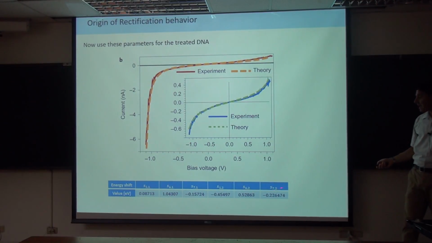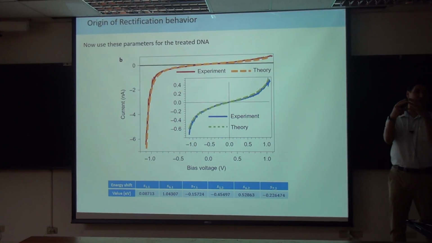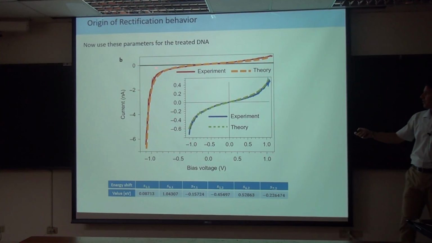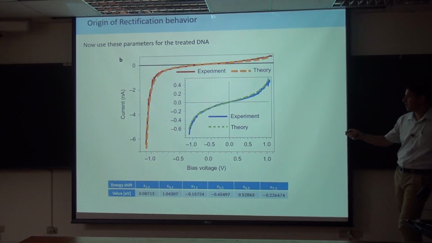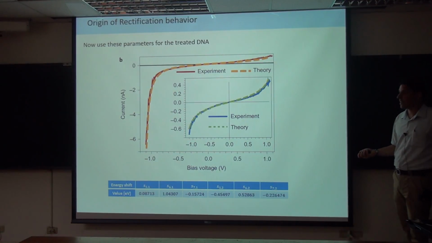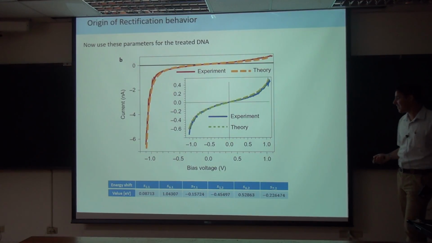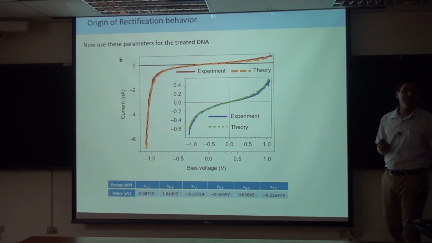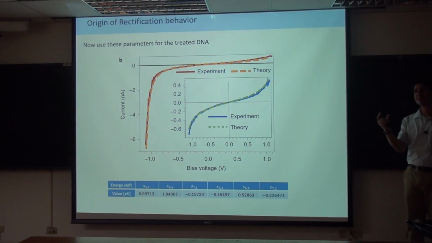And when we take the inside parameters, the tight binding parameters of the central regions, which are treated with the correlline, this is the fit that we get. And as you see again, the fit is very, very nice. The fit is essentially as good as it can get. But the point is that the DNA strand has some